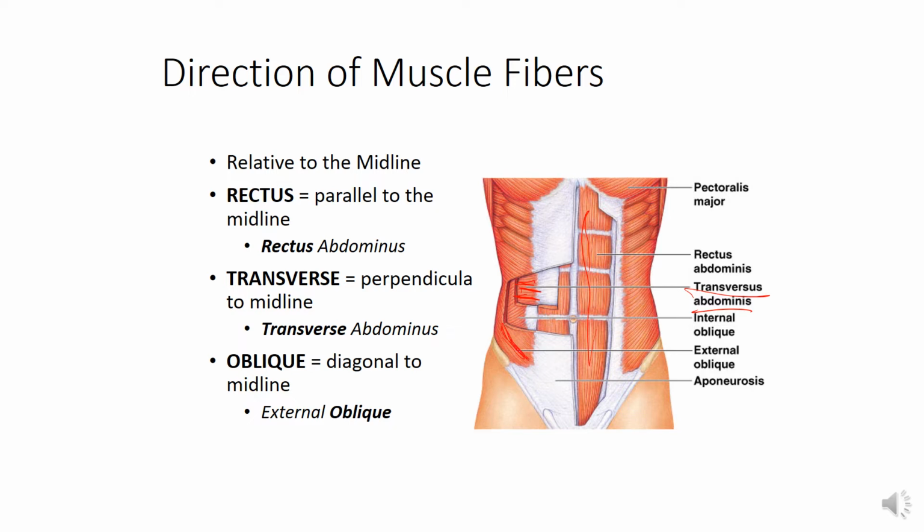Here you can see the external oblique, because it is lying externally, and the internal oblique fibers here. So, four muscles: the rectus abdominis, where rectus means parallel to the midline and abdominis means related to the abdomen; and transversus abdominis, where transverse means perpendicular to the midline, so it is lying in the abdomen in the transverse direction. And then the oblique muscles, internal oblique, lying internally, and external oblique, lying externally.